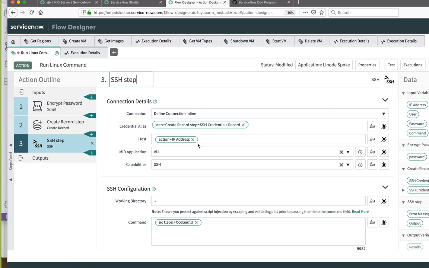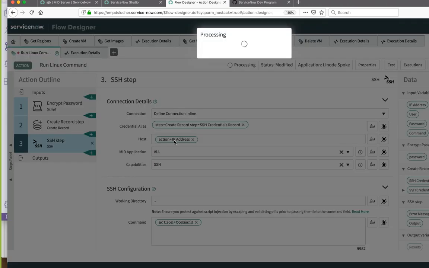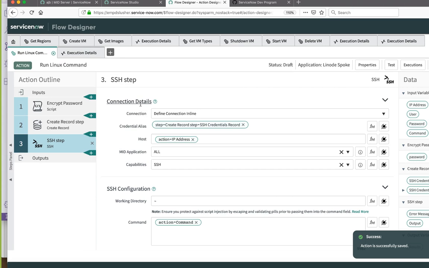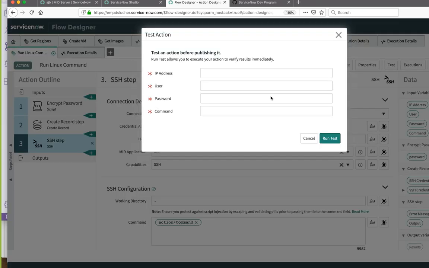Do you know specifically that your Midserver has the SSH capability? No. I mean, all right, let's try it and see. I'm going to save this and let's see what happens when we run it. At the very least, what we can see is my computer has the SSH capabilities. I am very sure of that. Is the Midserver record marked as that? I don't know. I didn't even know that was a thing you could tell your Midserver that you can do or not do.